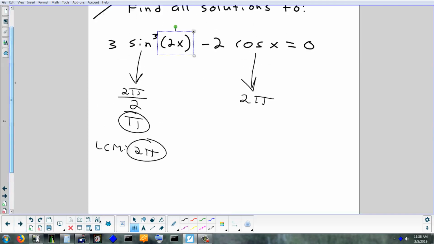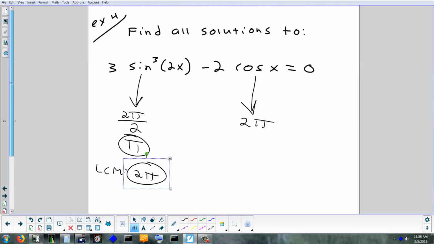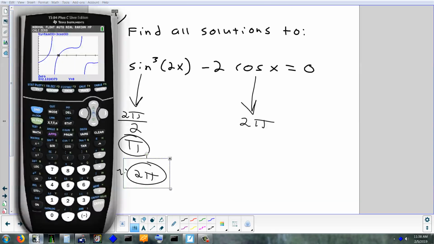Okay, so now I know what to set my window at, and I know when I find my answers, I need to put plus 2 pi in. All right, let's graph it and see what we get. So 3 sine cubed 2x. The way you want to type it in is 3 sine of 2x, close the parenthesis, cubed,